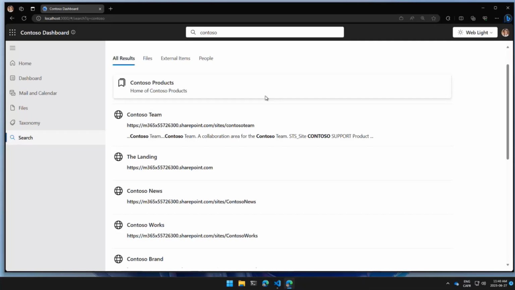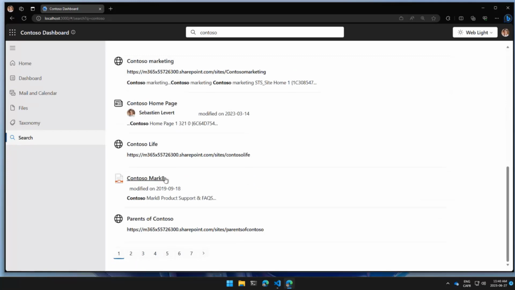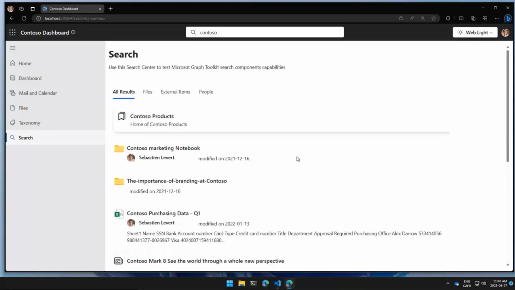Then afterwards, I can find a couple of sites. Here, I find a PDF file, and I can go from one to the next here. So a couple of capabilities that are really interesting. The first one is the fact that I can fully customize the rendering of these things.